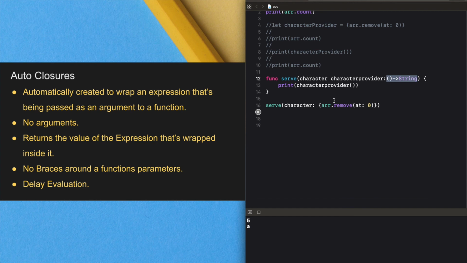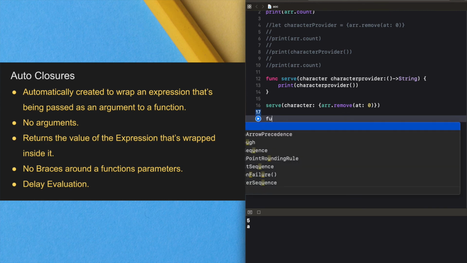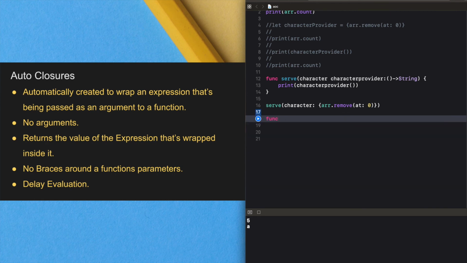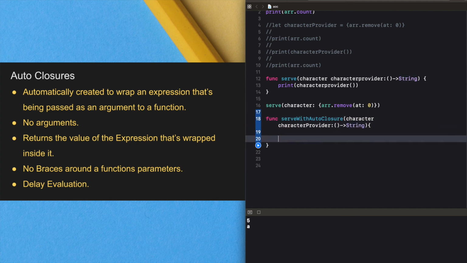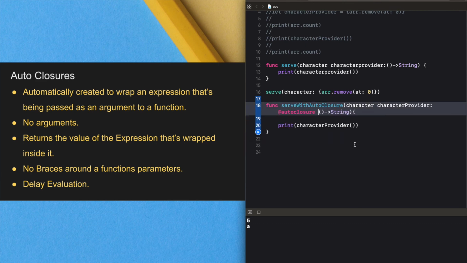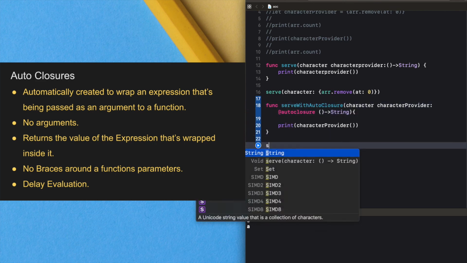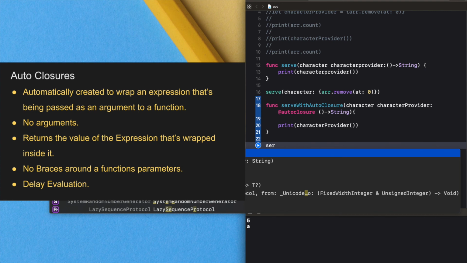Next we are going to check another version of this function which takes advantage of the autoclosure. We have the function serve2. I'm going to call the function serve with autoclosure. See the difference here.